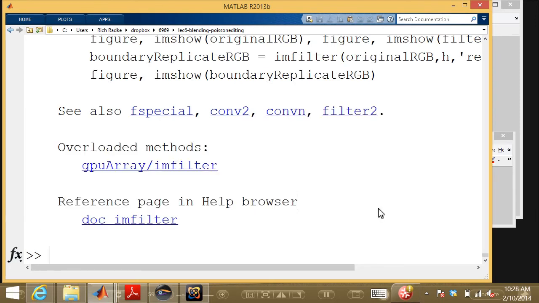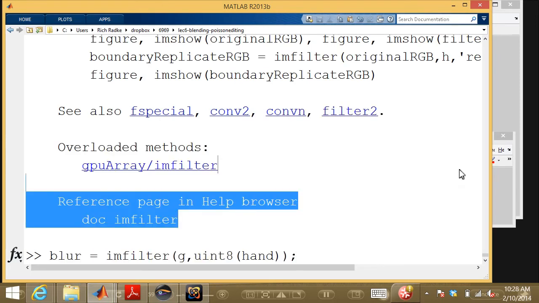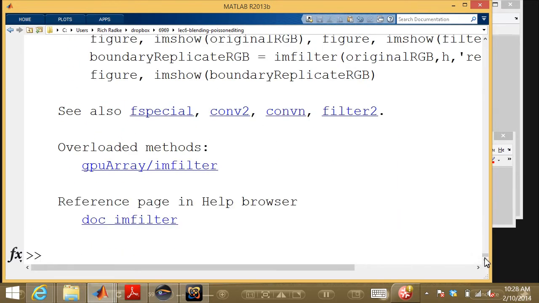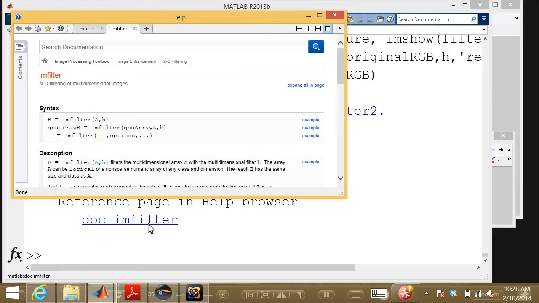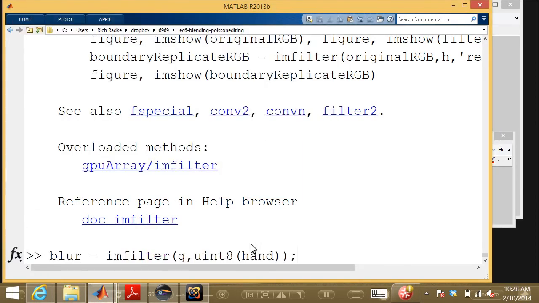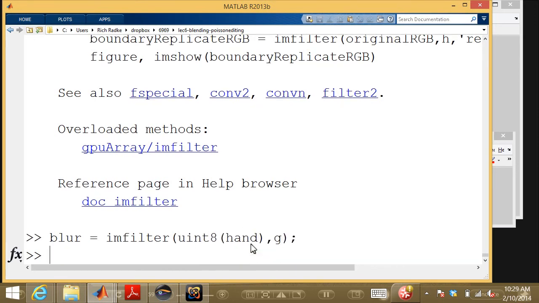Let's just see here. So, what don't we like about this? Imfilter. Let's just look at the reference page. I guess I have to supply the image first. Finally. Okay, so now if I look at imshow blur,